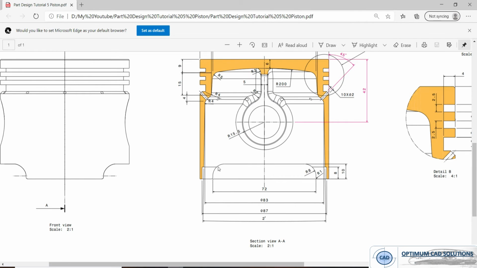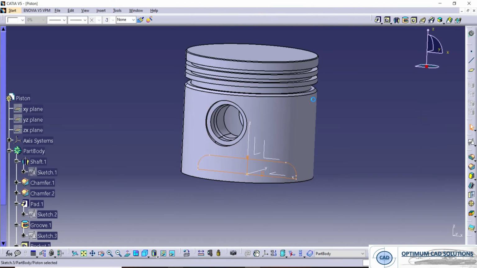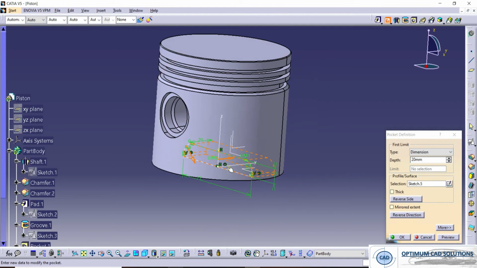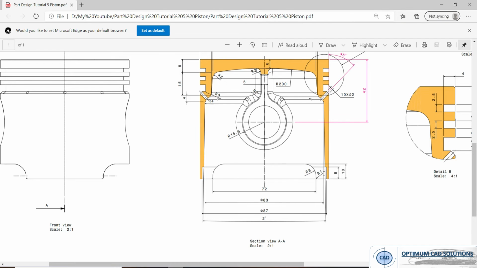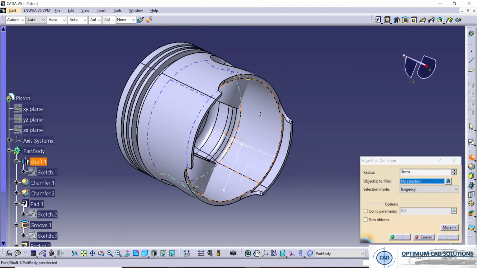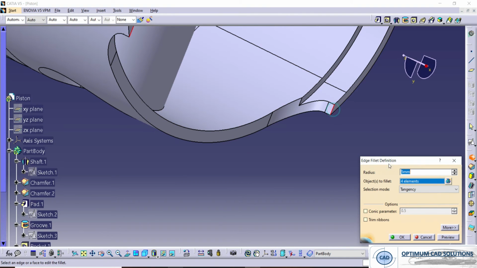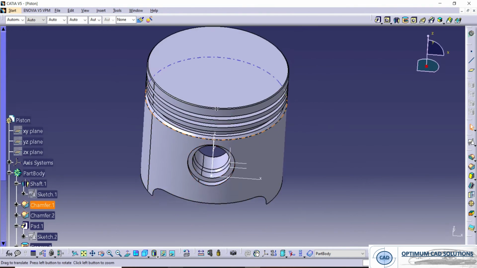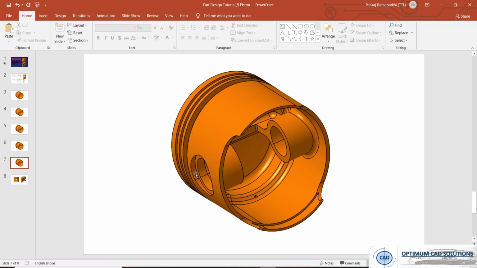So in the same sketch we'll apply this radius of an 8 mm, both sides. So the sketch gets completed. We'll take a pocket, mirror extend. So this radius is of a 1 mm. So the next pocket is also completed.